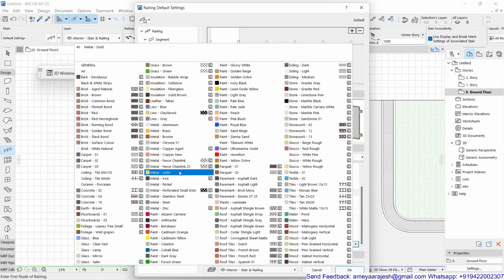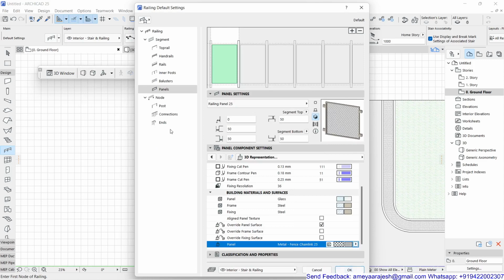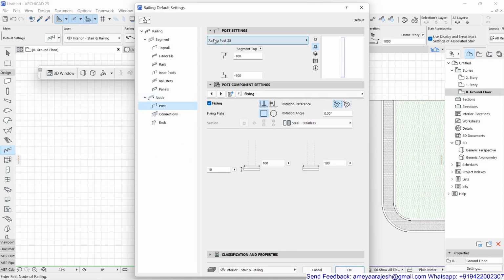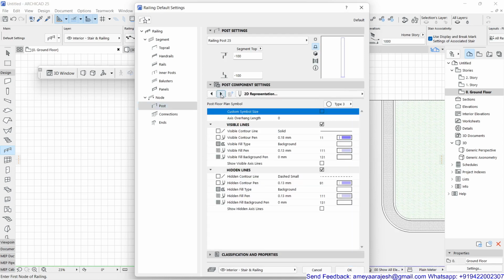You can get this also directly, and if you want to use some modification or a better definition, I have taken it from the library, and that was supposed to be 25. Again, you can see the suffix. So choose whichever is suitable for you, and that's it. You just have to make sure that the post is also designed properly. So the post also has to be projected -100 on both sides. Again, the fixings for the post. So please try to give the proper dimensions and everything. And again, for its presentation, you can choose how it should be displayed in your floor plan for the 2D presentation.